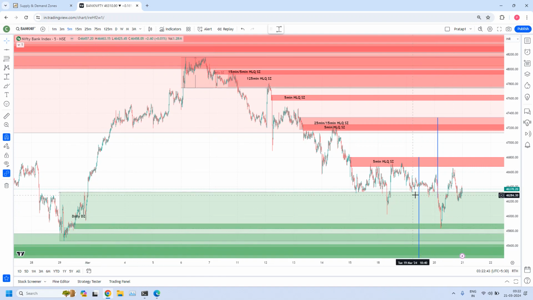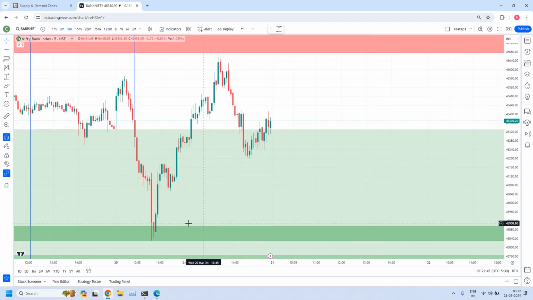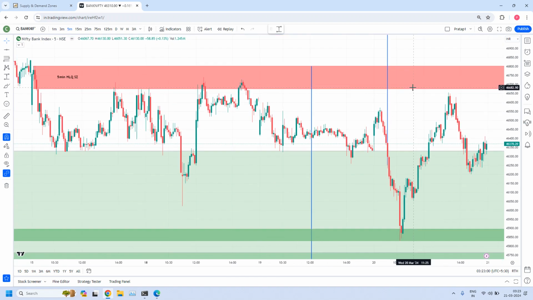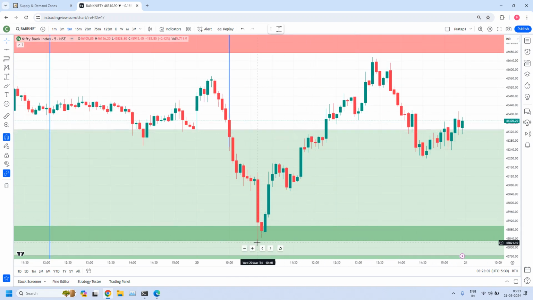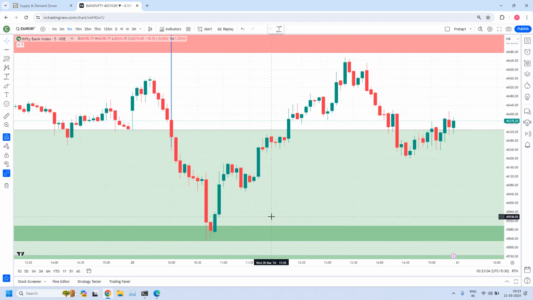If you would have fine-tuned, today you would have got a trade here. This is your entry. From here to here, it has given you a 760 points move. It would have been a very good profit for you. Okay, fine. What happened here? The zone is slightly pierced, slightly through the distal line. Just 2 points below this distal line. So it is within your stop loss buffer only.